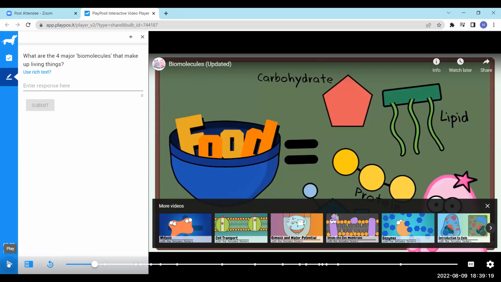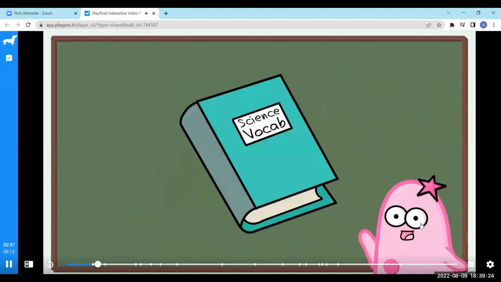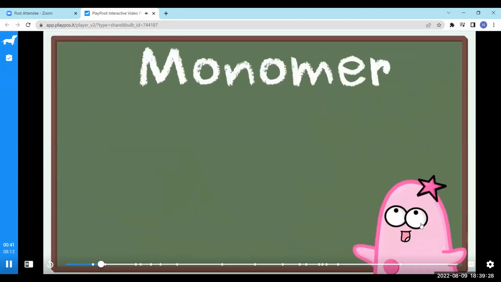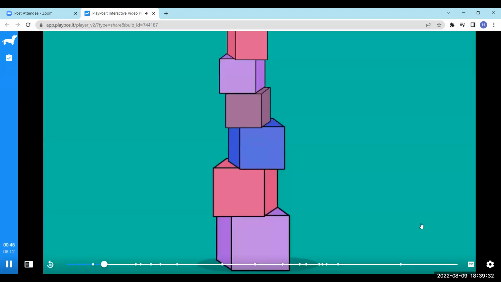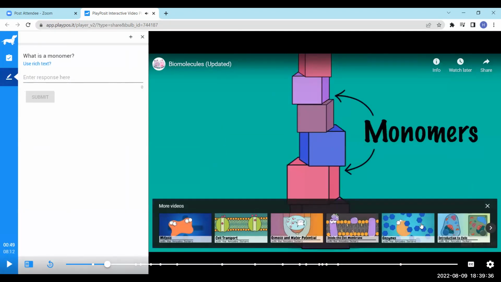Concentrate, I will complete the video. Details about the four biomolecules, we need to talk about one very important vocabulary word, the word monomer. A monomer is a building block. If I had some large substance, the parts that make up the substance are called